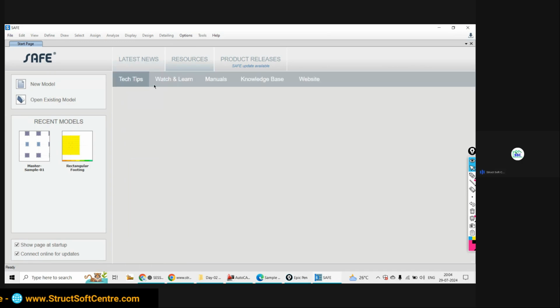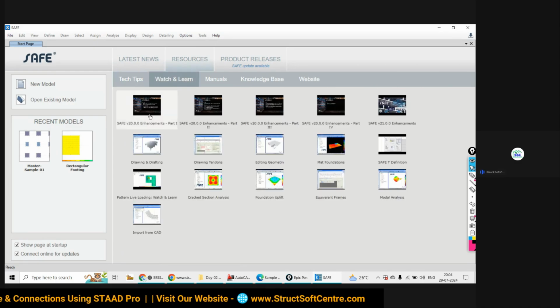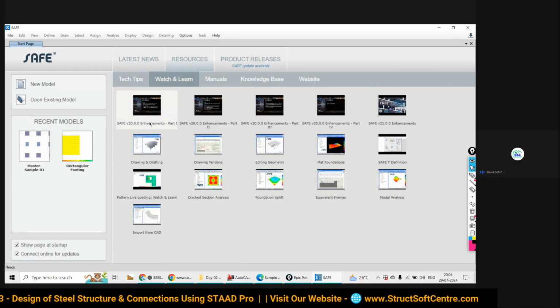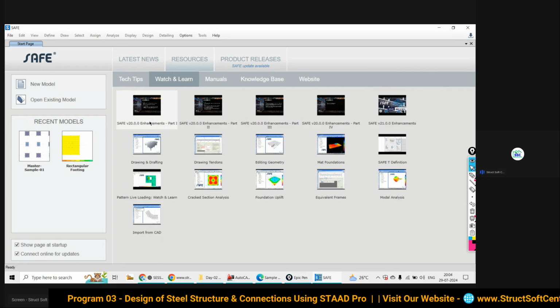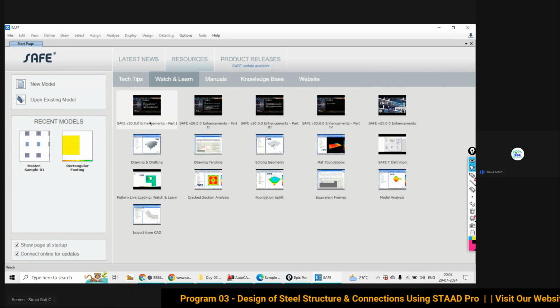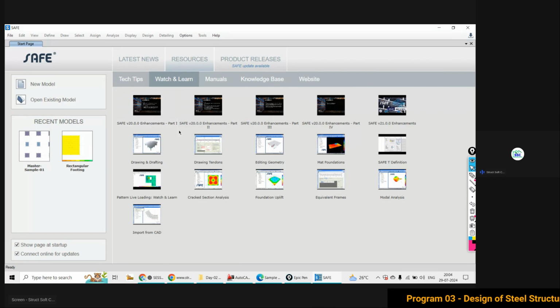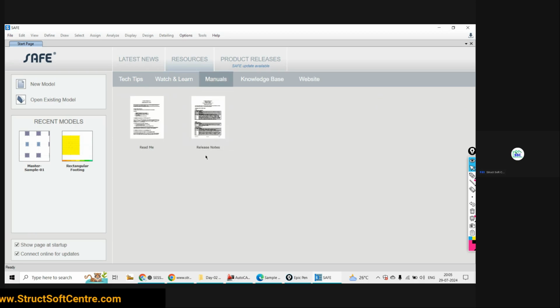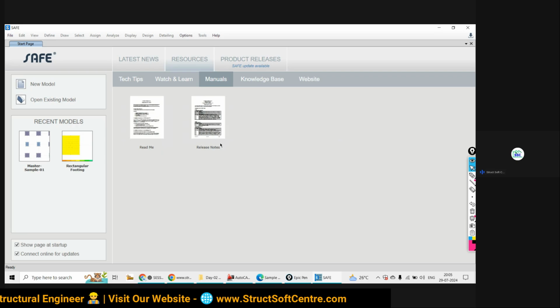Resources: once you click over the resources, there are tech tips and watch and learn. Guideline videos or introduction videos about this software are available here, so you can watch and learn through these videos. Thereafter manuals are also given, in PDF format, describing this software.